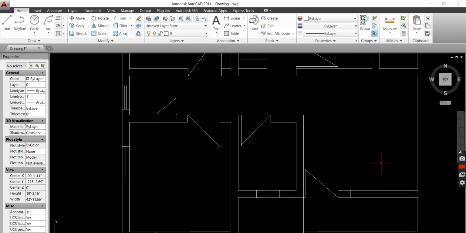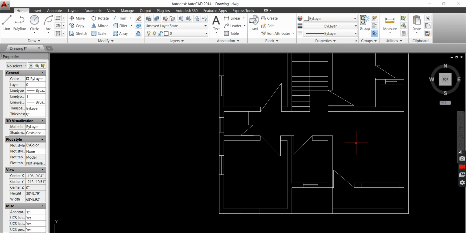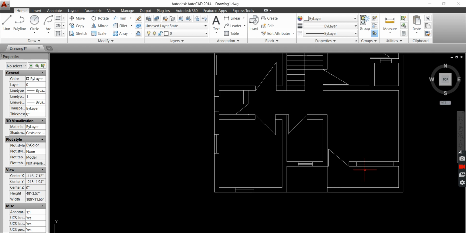And now everything is completed: doors, windows, wall thickness, etc. And now I should mention the dimensions. We can mention the dimensions by going to the text here, and now set the base.